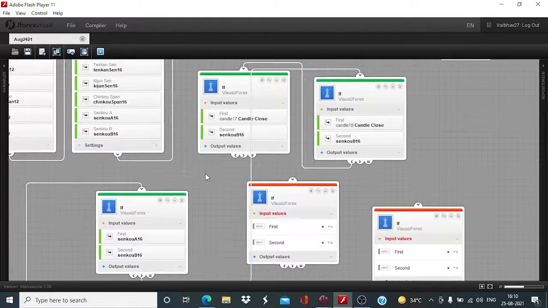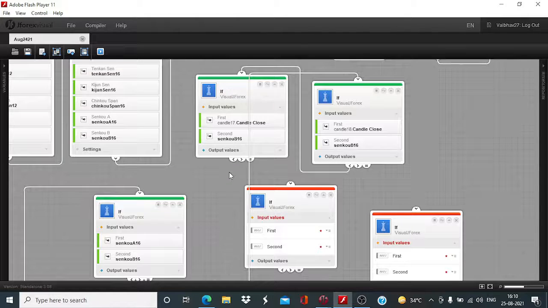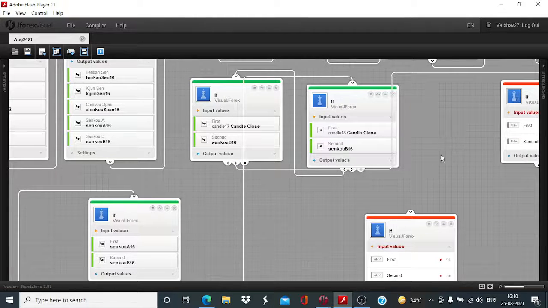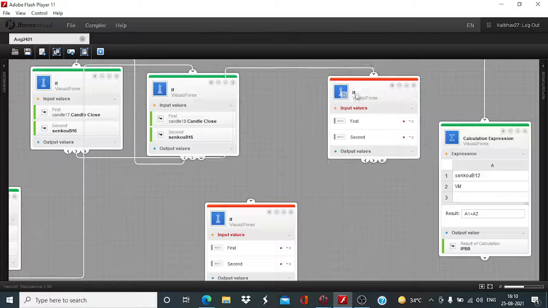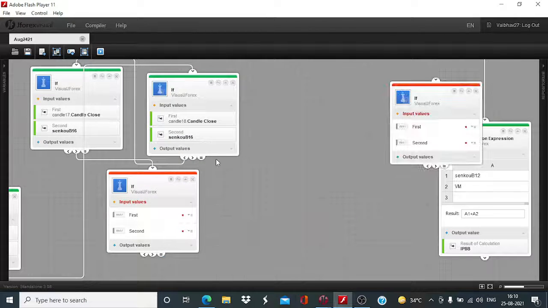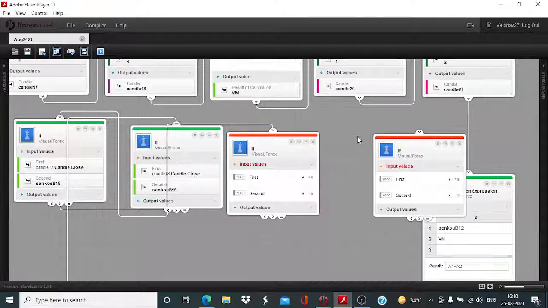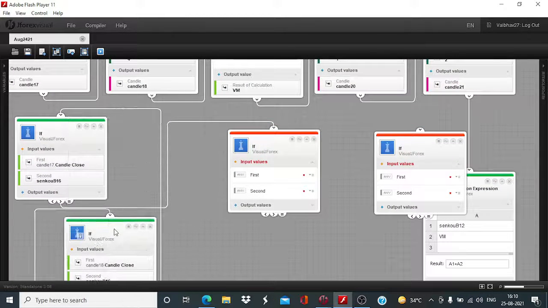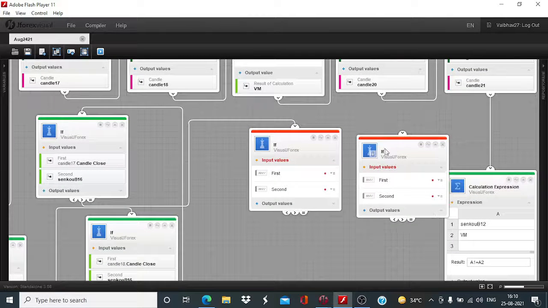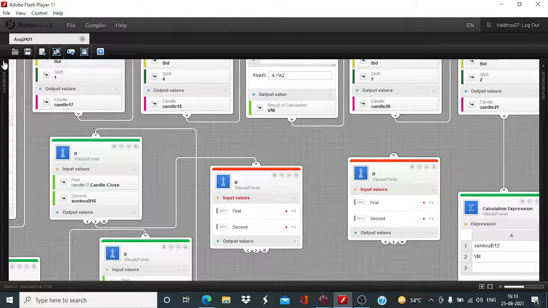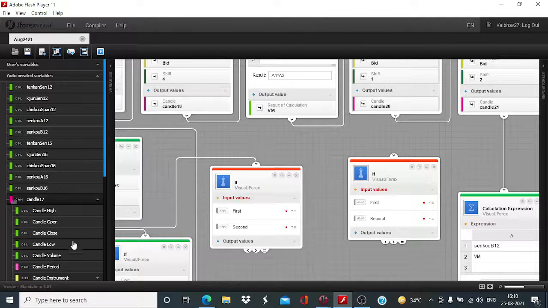And after this, we take first input greater than second input, and all that now needs to be done is defining the exact entry point, which is going to be the closing value of the last 15-minute candle. Whenever price starts to rise above that, we will go for the execution of the trade. So we have to again take candle 17 candle close as the common input for both these if blocks,